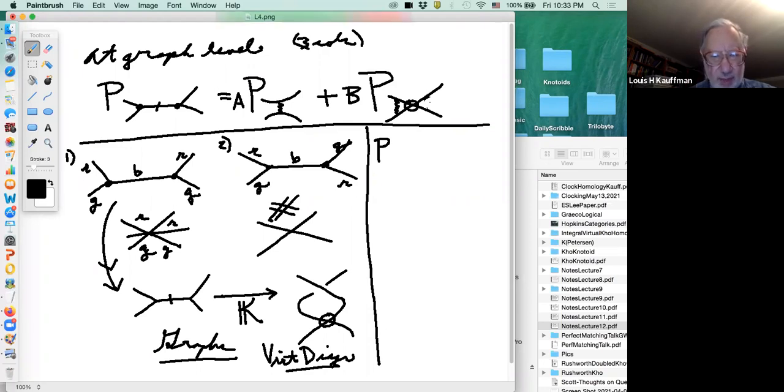We replace the graphical bit by this, and that is supposed to be equal to A times P of this, which is different from this, and there's a little virtual crossing, plus a B times this, and now there is